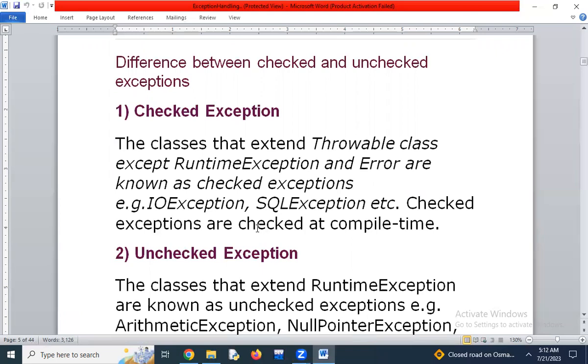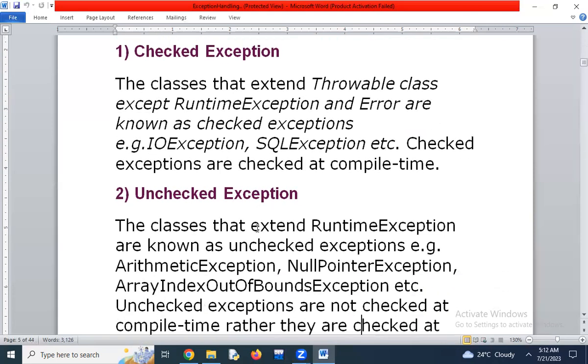I know that some exception may come, but actually there may be no exception. That is not enough, we still have to provide the exception handling. Even though we don't have any exception, we have to provide exception handling here, for SQL exception and IO exception. I will show you when we go to these topics. So these are called checked exceptions.